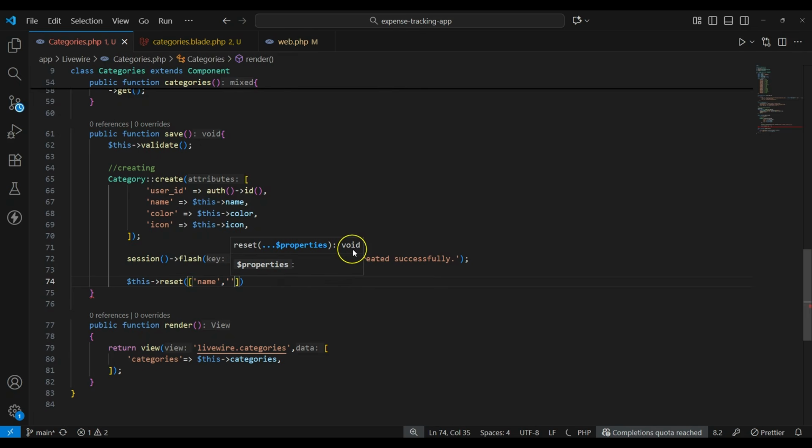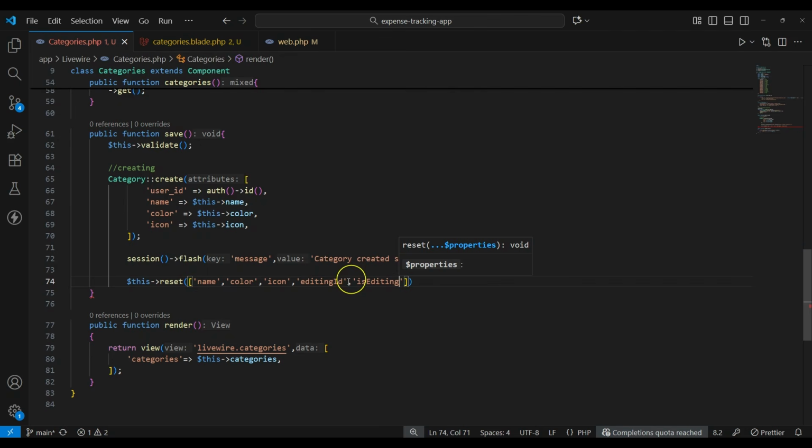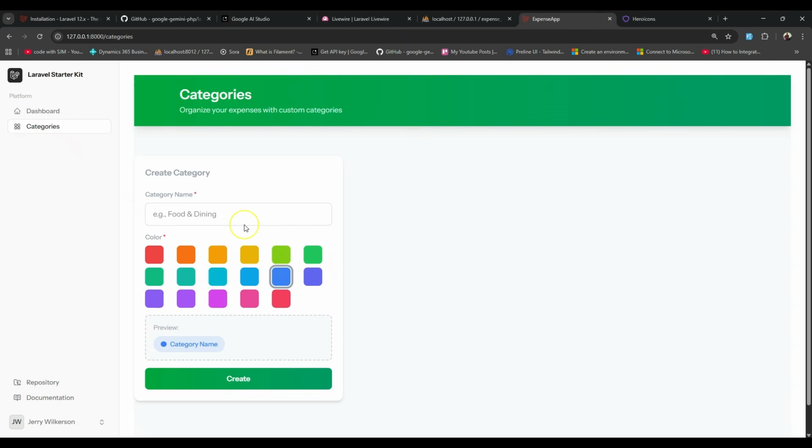So we're going to reset the name, the color, the icon, and we're going to reset the editing ID, also the is edit. Okay, and these two we are going to see in a minute when we start to edit the data. Okay, so for now let's just do it that way, and you should be able to create a new category